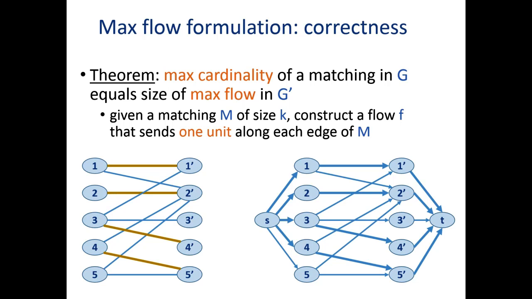Well, note that exactly because it's a matching, no node here needs to have more than 1 unit of flow to be sent to it. So we can send the requested amount of flow from S. If it wasn't a matching, we'd be in trouble. If we had 2 edges leaving a node, which would both require 1 unit of flow, we couldn't send enough flow from S. But exactly because it's a matching, we can send enough flow from S, and we have enough capacity to send all this flow to T eventually. Okay, so that should be straightforward enough. Okay, the opposite direction is basically the same,